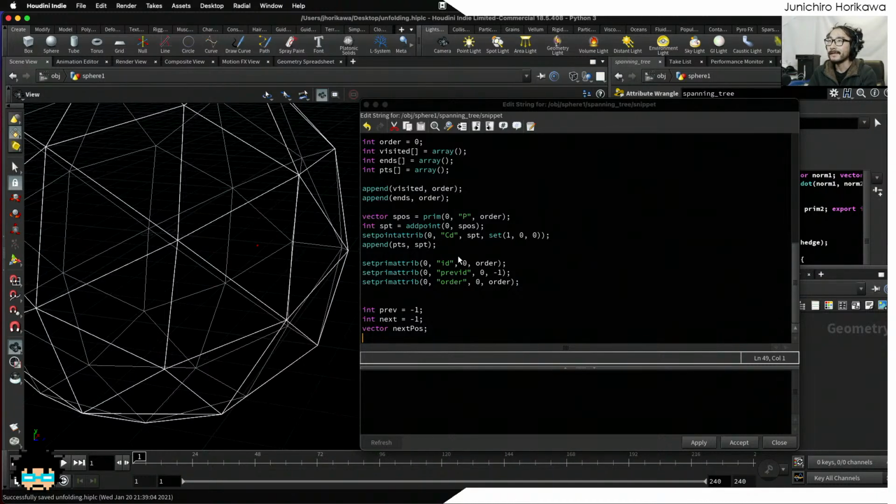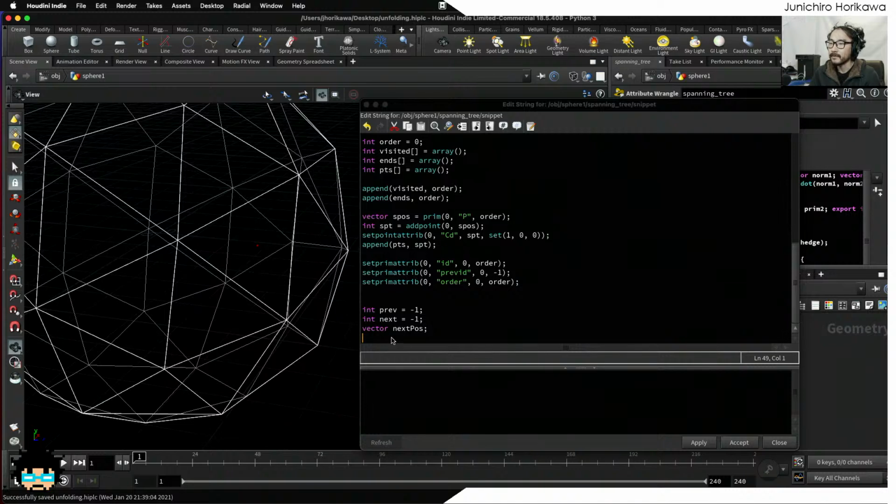And then what else? The primitive previous point. Maybe I don't need this. So I guess these are the things that I need, and I also need to find out the minimum angle out of